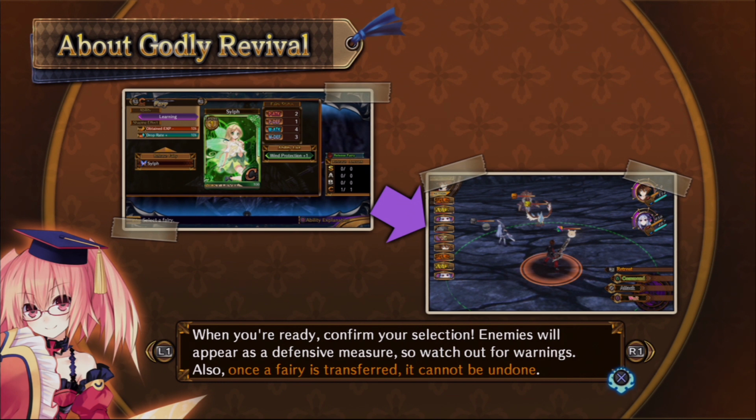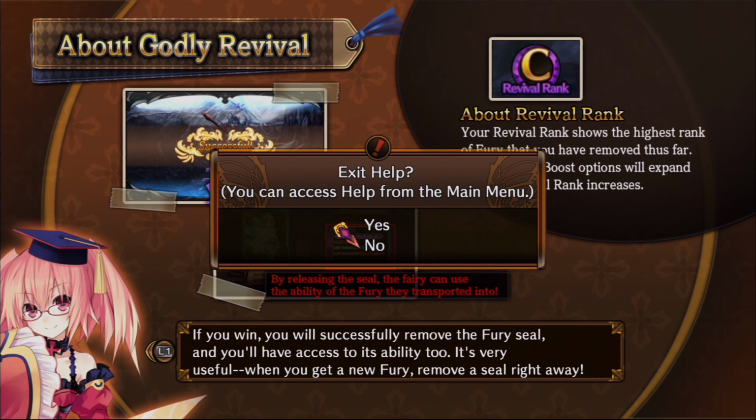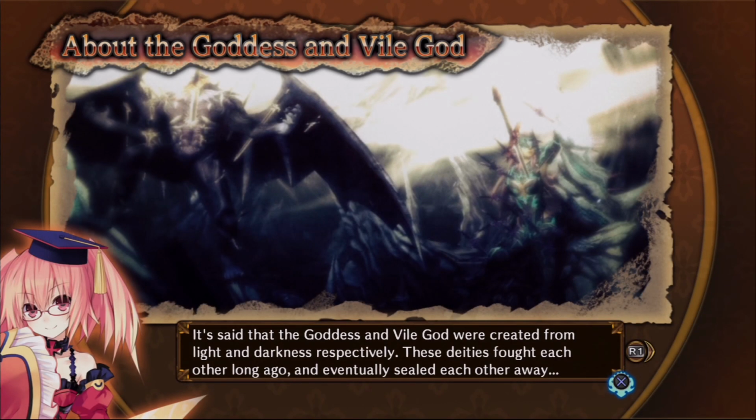Enemies will appear as a defensive measure, so watch out for warnings. Also, once a fairy is transferred, it cannot be undone. If you win, you will successfully remove the Fury Seal, and you will have access to its ability too. It's very useful, and when you get a new Fury, remove a seal right away. Very well, that means that we can...